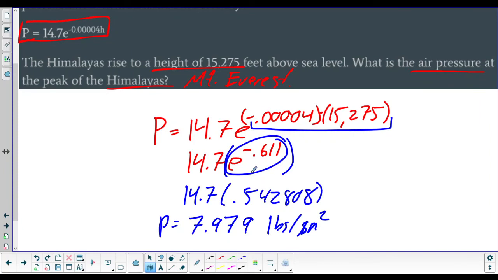The reason I would do these separately is because if you try and type this whole thing into a calculator, a lot of times you're not sure what order of operations the calculator does, and it will mess it up, and then you'll get the wrong answer, and you'll have no idea why. If you do it one step at a time, you have a little bit more control about the order of operations, and it makes it easier for you to understand what goes wrong and where. So I recommend doing it step by step.